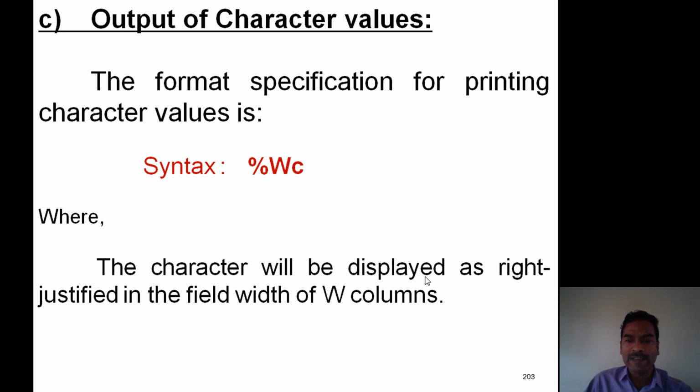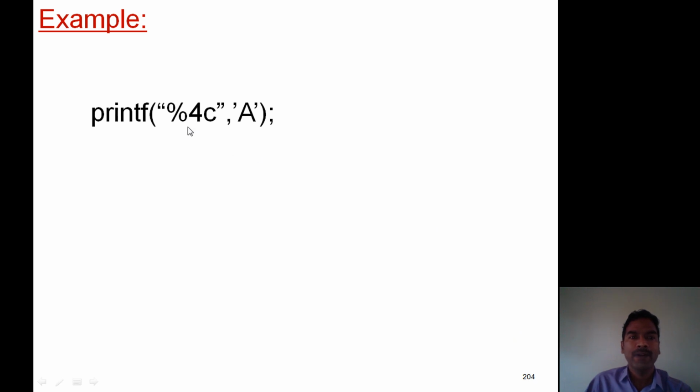The character will be displayed right justified in the field width of W columns. There is an example: %4c, the character constant A. Now observe, to print this A, here we provided 4 columns, but the character constant consists of only one character. Hence, the value is right justified with a leading 3 blank spaces. Now this format: space, space, space, A.